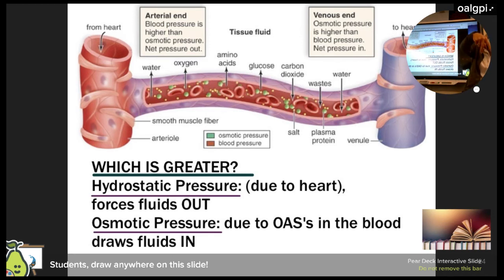Arteries, arterioles, capillaries in the middle. So you're at an arteriole end, and so you're assuming that the blood pressure, known as the hydrostatic pressure, is going to be greater at the arterial end of a capillary bed as opposed to the venular end of the capillary. The reason is because you're farther away from the heart, which created that pressure. Do you agree with that? So when you go into a capillary bed, that hydrostatic pressure is forcing things out.